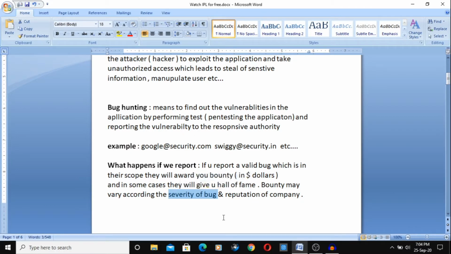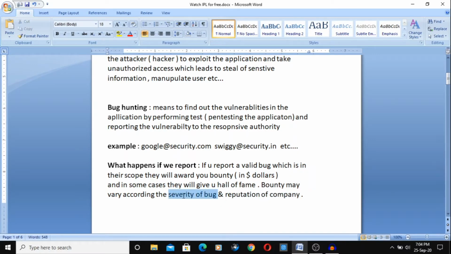If the vulnerability is critical, there will be a huge bounty. If the vulnerability is low, means it has only a low effect, then the bounty will be less. The bounty may vary from $50 to $50,000 or so, and according to the reputation of the company. If you find a low severity bug in a highly reputed company, you will get a good bounty like $500 or $600.